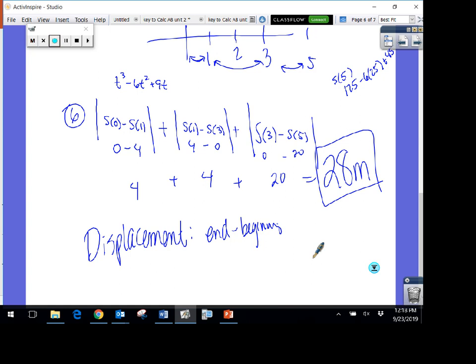So 20 minus 0, because if we started at 0 and went to s of 5, 20 minus 0, that would be 20 meters, because we didn't care about the back and forth. We just cared about where we started and where we finished. And could the displacement ever be zero? It could, because you could walk however long, but you could end up right back where you started, and the displacement could be zero. All right, so that is the last